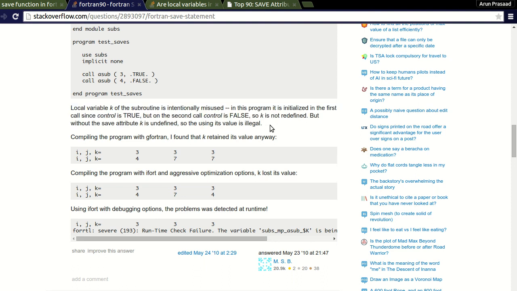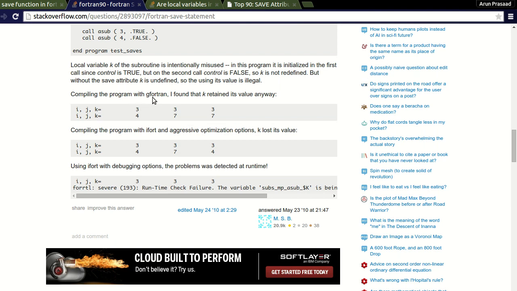But so this actually call is false. But when you compile this with Fortran, the one we are using here, the first call prints out nicely. The second call prints like this, 477. Okay, but when you compile this with iFort, the Intel Fortran compiler, with serious optimizations,